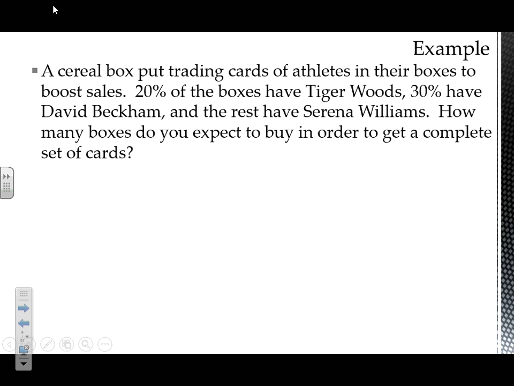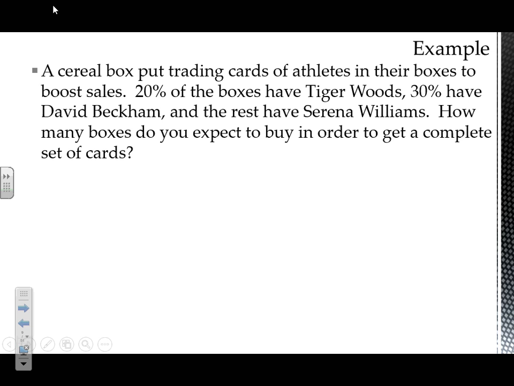We'd have to buy cereal over and over again, right? We'd have to continue to buy boxes until we get all 3 cards. Then we'd have to go back and buy box after box until we get 3 cards again. So in a real-world scenario, this would cost us a lot of money, and it would take a lot of time. Okay? So instead of running it in a real-world scenario, we can take the information given and run a